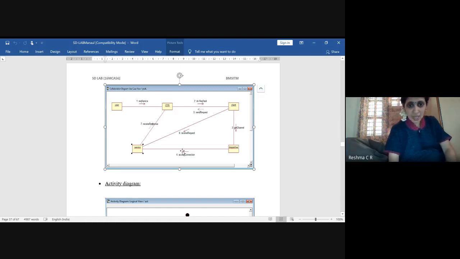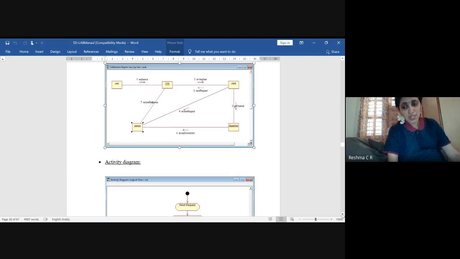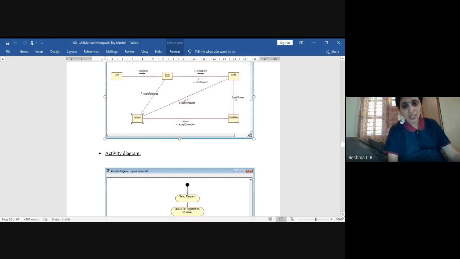Later, the accept connection will be sent to the service once the service is requested. So it will reply back. Then it will send a request to the client dispatcher system. Whatever service the client requested, it will run the service and reply back. So this is how the collaboration works with respect to the classes we have taken.